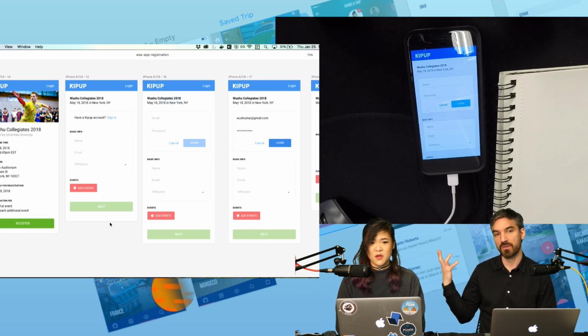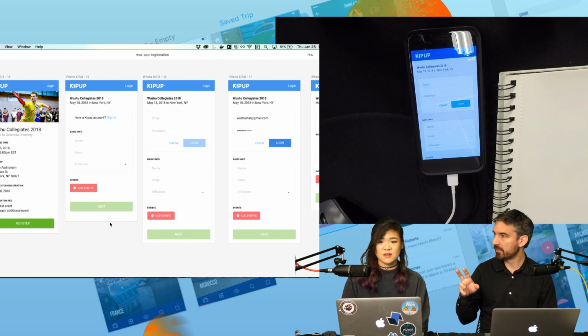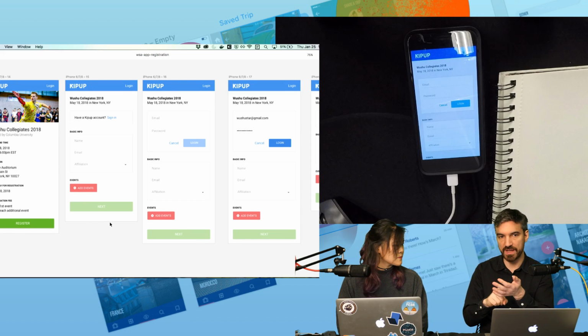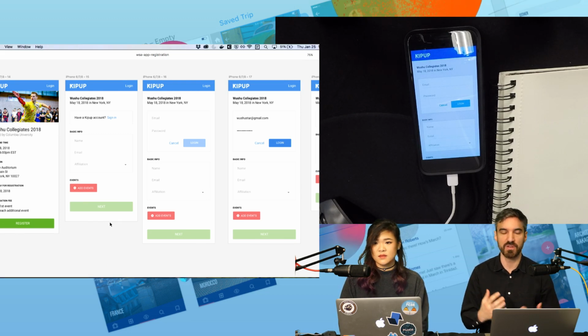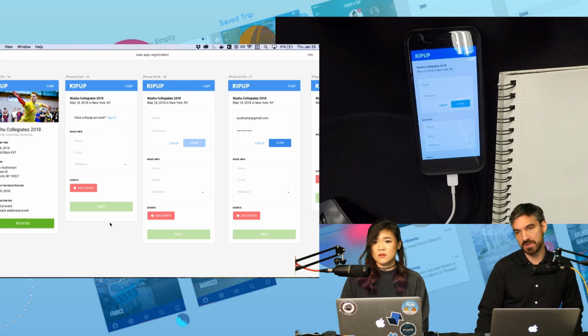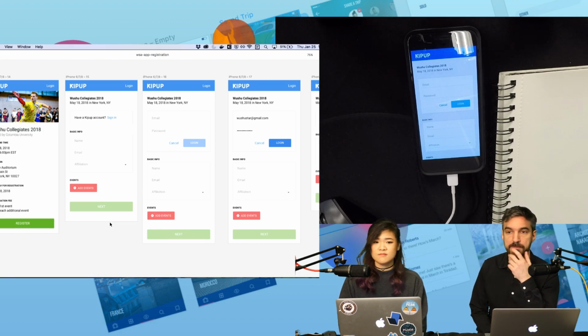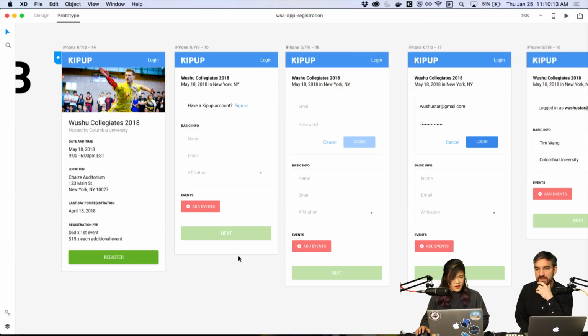So super useful. We were checking the font size. We were also checking the hit area: is the area I need to press big enough, or is it confusing? Do you have enough space? So you can really design in real time with live preview, which is an app available for free on iOS and on Android. Cool. And it's Mac only for the moment. We should ask the XD team if there will be live preview for Windows users too. Yeah, we should ask the XD team.